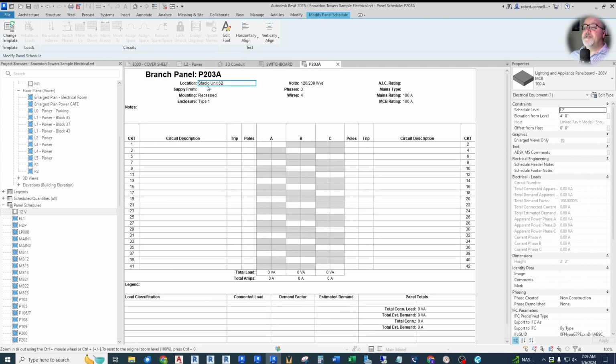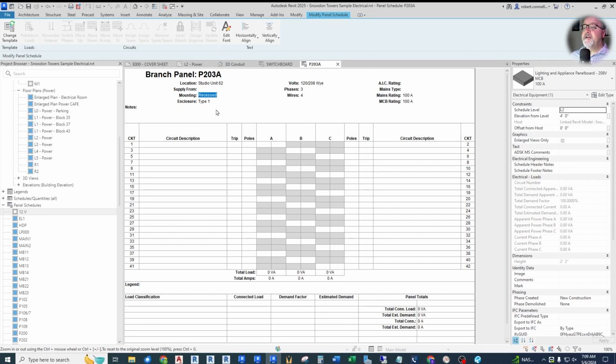So you'll see up here at the top you have location, and I can't change that. It is hard-coded in Revit as an instance parameter that we can't change. Supplied from. If I was to connect this panel to an upstream source like a switchboard, then supply from would show up here